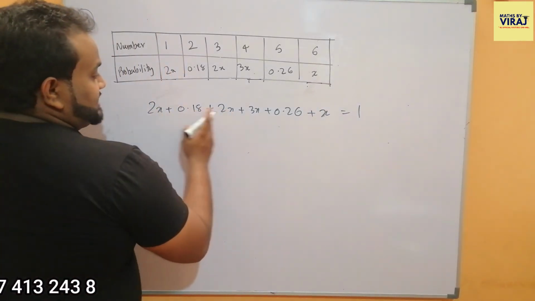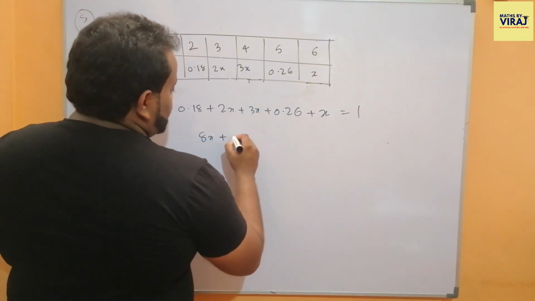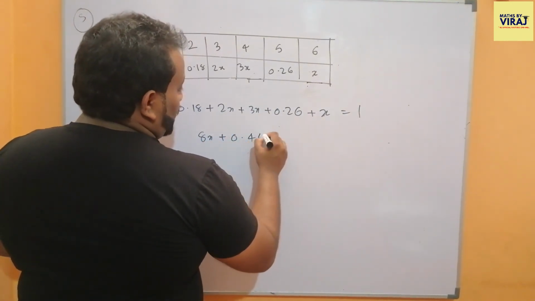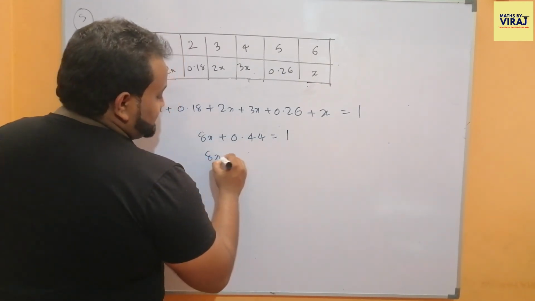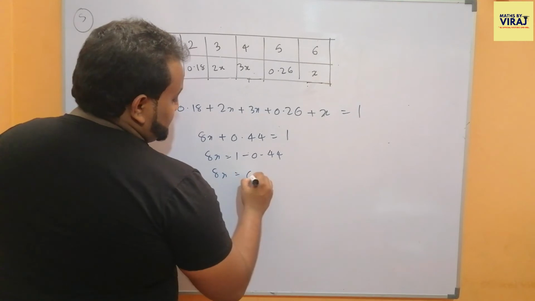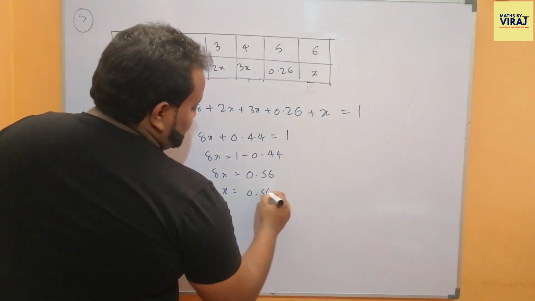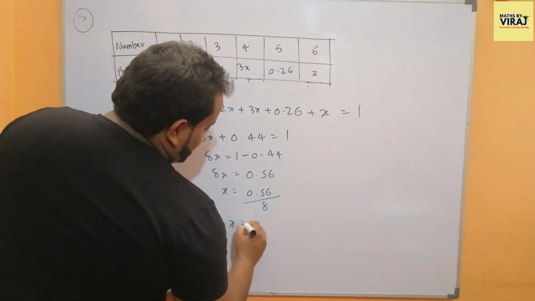Therefore, 2x, 2x, 3x, 7x, 8x plus 0.44 equals 1. 8x equals 1 minus 0.44. 8x equals 0.56. X is 0.56 divided by 8. X is equal to